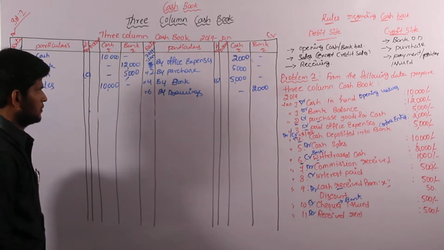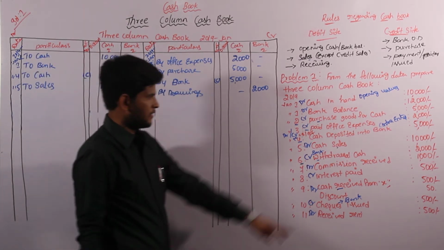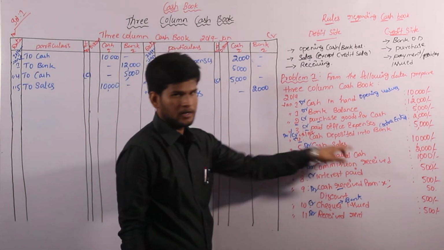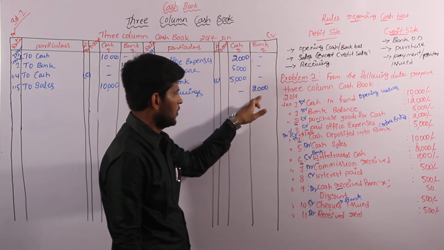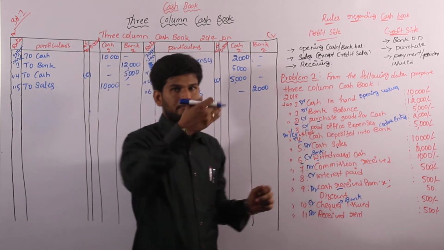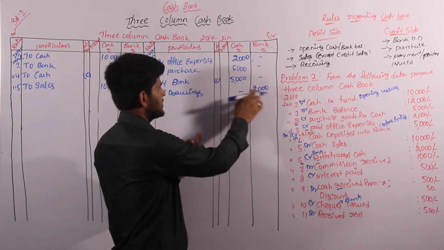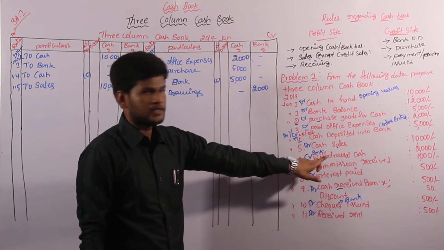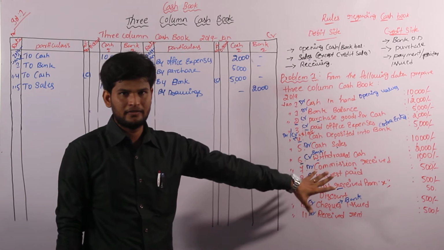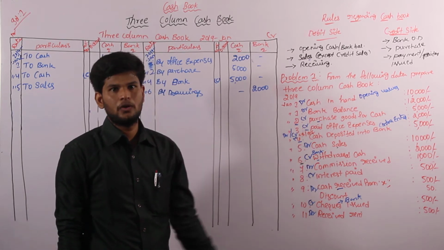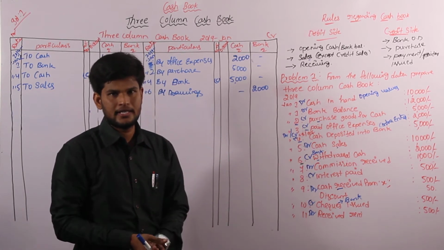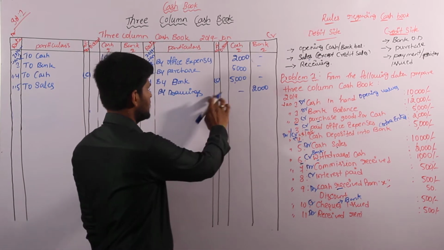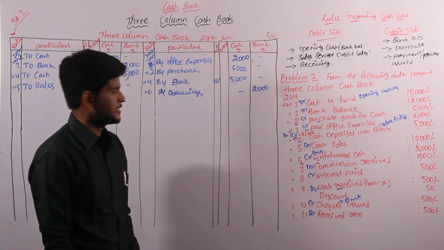Right? And also one more condition: withdrawal cash, the cash is there, sir, but why have you entered this amount in the bank column? Withdrawal cash is from the bank, so we have to satisfy both the debit side as well as the credit side conditions. Why? Because there is no personal use from the bank, it is for business organization purposes. So that's the reason I am converting this value into the credit side of the bank column.